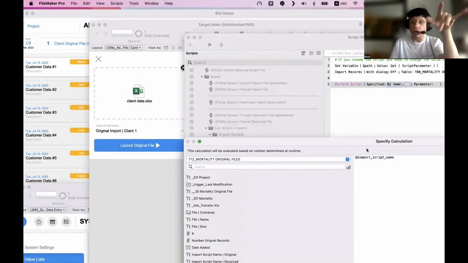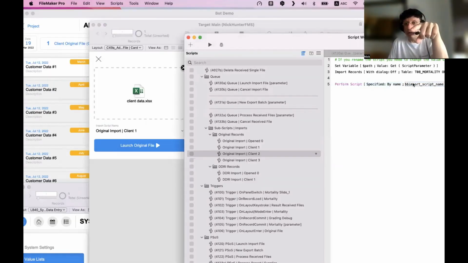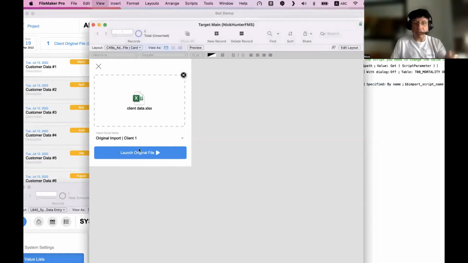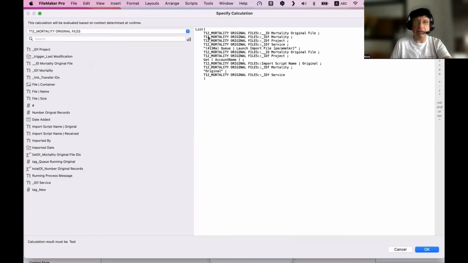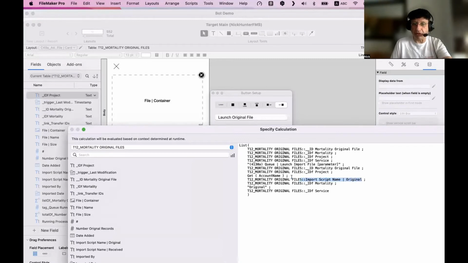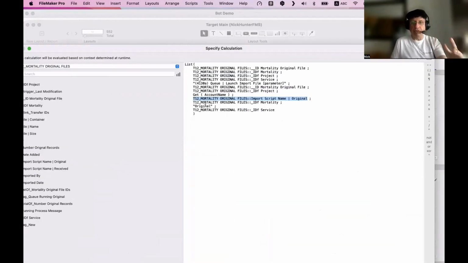So why do you want to execute the scripts using the name of the script from a field that this import script name is going to populate inside the script parameter in script is here. So I'm sending this to the script parameter. Boom. From this field, where the button is, I'm putting this in the script parameters. Well, in the script here, in that script,